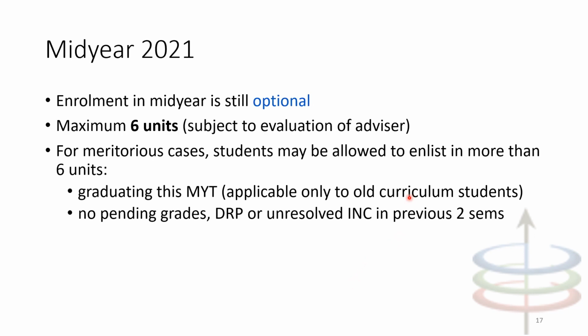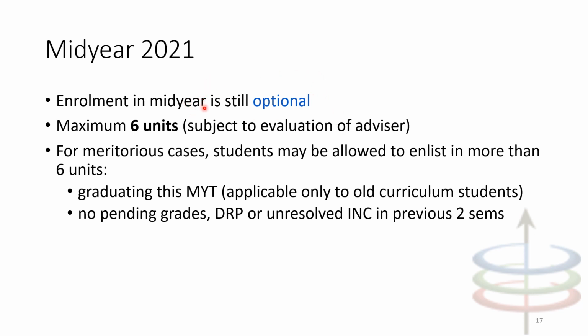Okay, then finally, what about mid-year? So mid-year will start in July. Regular registration is July 1 and 2. Okay, so again, as we have mentioned in the previous slides, enlistment or enrollment in the mid-year is still optional. That is if you are willing to move those